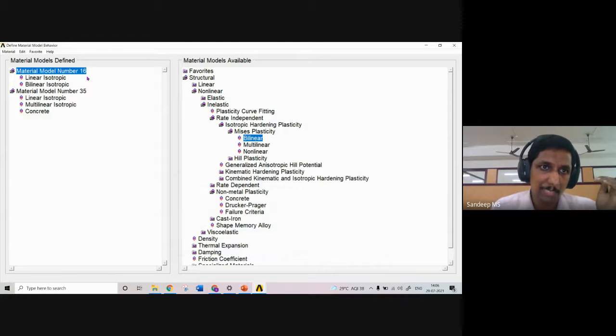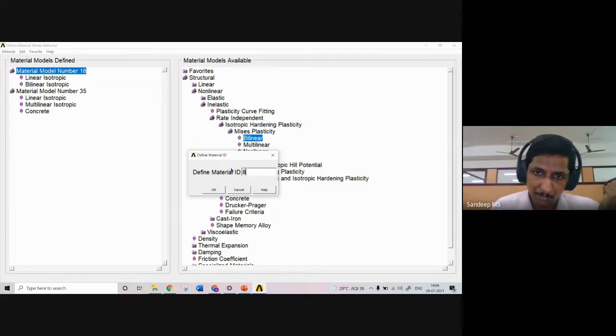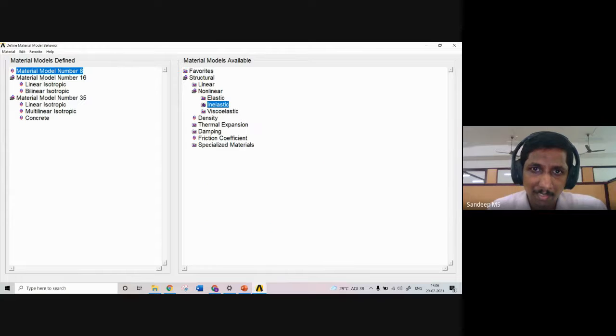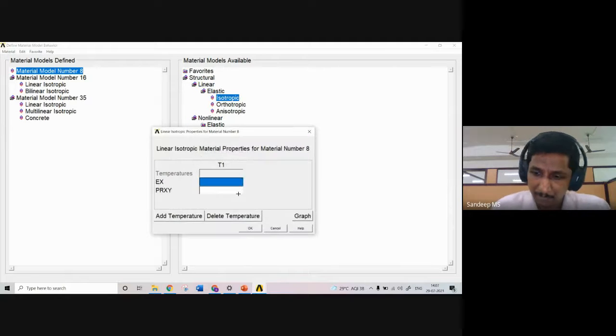So for our 16 mm bar also, linear isotropic and bilinear isotropic property is added. Now we have the same thing for our 8 mm bar also. I am considering my 8 mm bar also as HYSD bar. In a similar fashion, from linear elastic isotropic, I am entering the value as 2 into 10 raised to 5 and Poisson's ratio as 0.3.